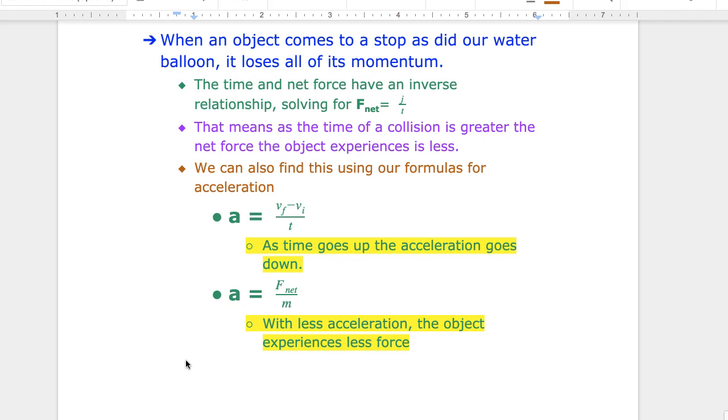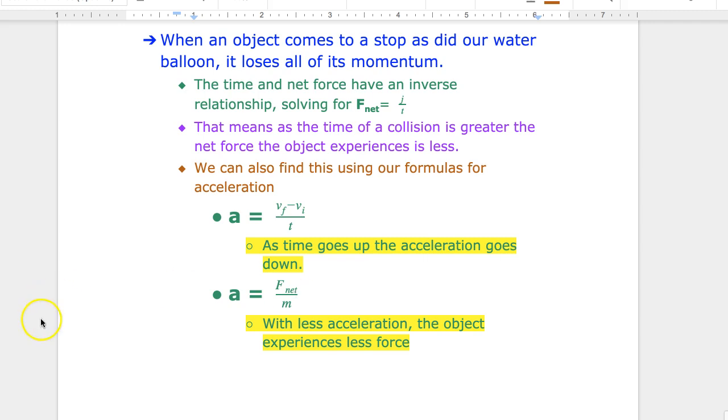So we could also look at this in terms of our acceleration formulas. Here, acceleration equals the change in velocity over time. As time goes up, that acceleration goes down. We also know acceleration equals the net force over the mass. The mass of the balloon stays the same when we're throwing it. If we have a lower acceleration, because we took more time to catch it, then that means we're minimizing the net force experienced by that balloon. So just basing it on the formulas and what we've already gone over. The key idea here is that as time goes up, the net force of the impact goes down, an